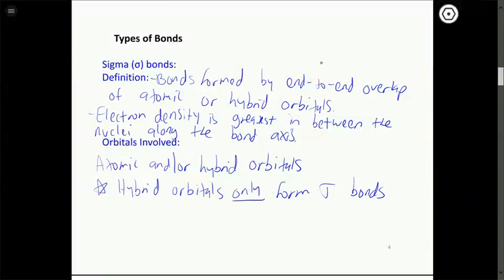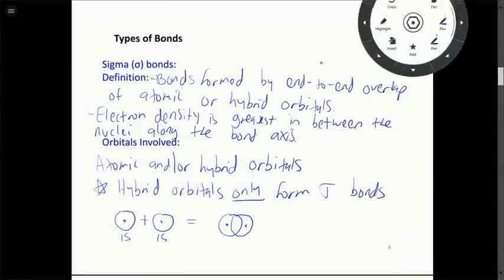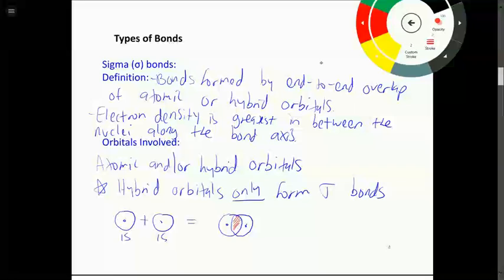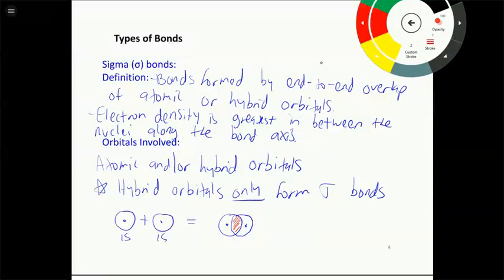And then when we draw pictures of these, it's very similar to the pictures that I drew last time, or identical really. So you could have two s orbitals overlapping. So if we have, let's say, 1s and 1s overlapping, remember that what happens is that you get this sort of overlap that's in between the nuclei. So these little dots here that I'm drawing are the nuclei. And then you have this overlap region that's in between the nuclei that sort of classifies it as a sigma bond.